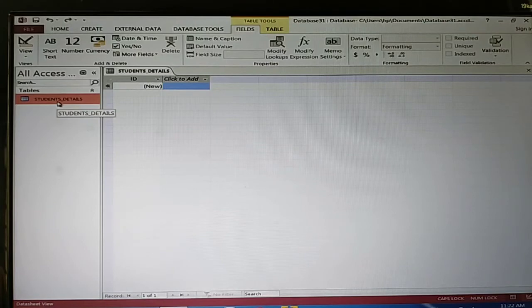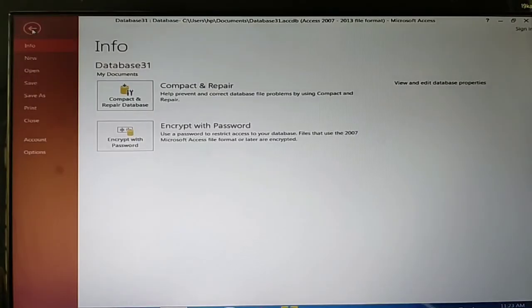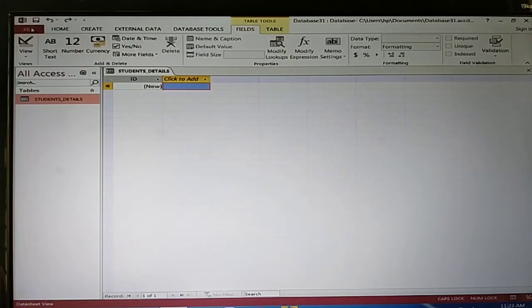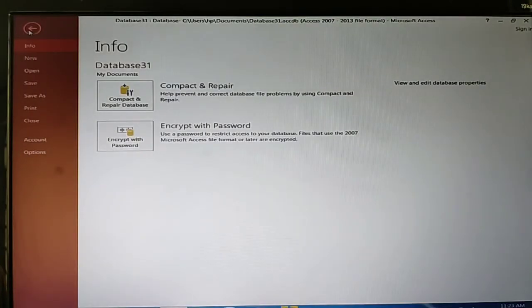Now we are going to do a new topic, closing a database. After completing everything, if you want to close the database, then click on the Office button, or you can click on the File option and there is a Close option button. So this is the process to close the database. Click on the File tab, and now click on the Close tab.